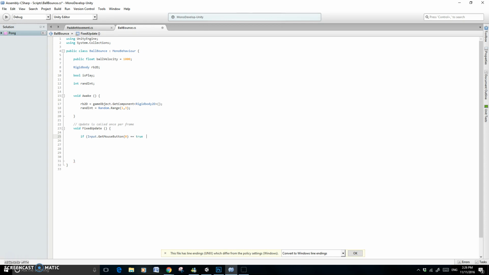Notice true in C# is lowercase, not uppercase. And so in Python we just typed and. Here we have to do 2 ampersands. And isPlay is equal to false. Okay, so basically we want to say that if we click the mouse button and the game is not playing originally, then what are we going to do? Well, we're going to